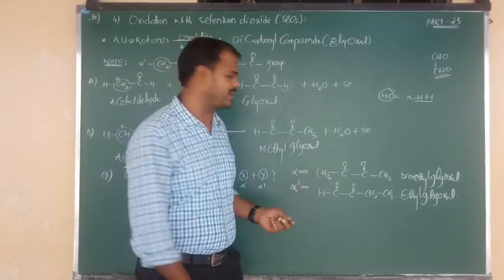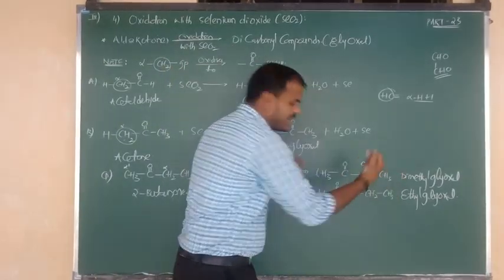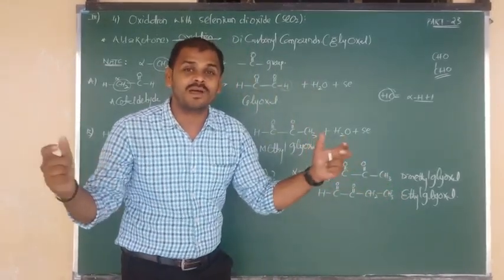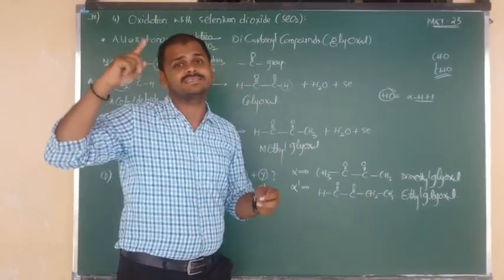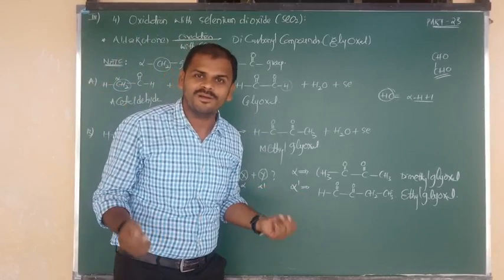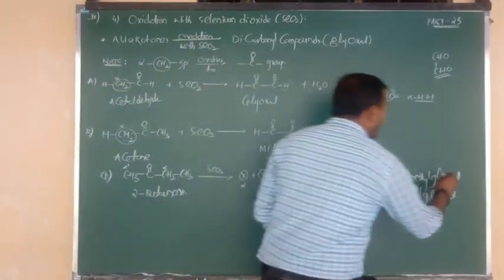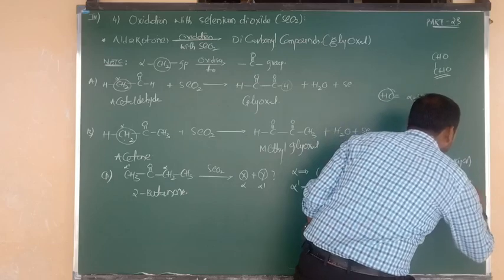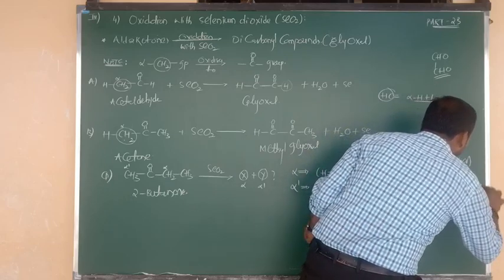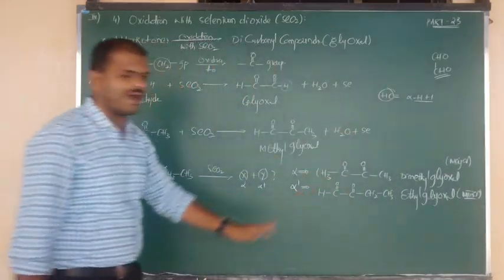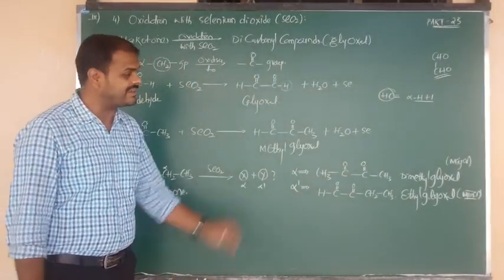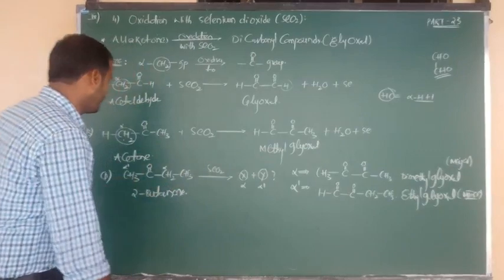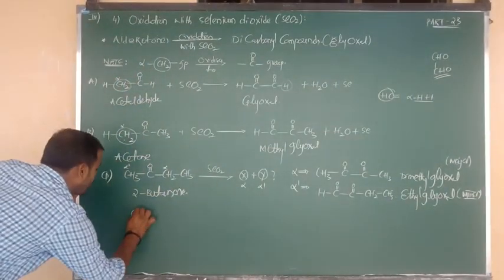And we can say one more thing. One C double bond O contains 2 side chains, but here the other C double bond O contains only 1 side chain. As the number of alkyl side chains increases, stability will be more. Okay? So in dimethyl glyoxal, the first one is major and the second one is nothing but minor. On the basis of alpha hydrogens only, we have to decide the stability of the carbonyl compounds. Fine. Last and final question in this topic is